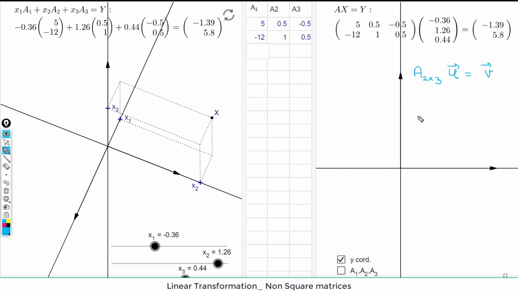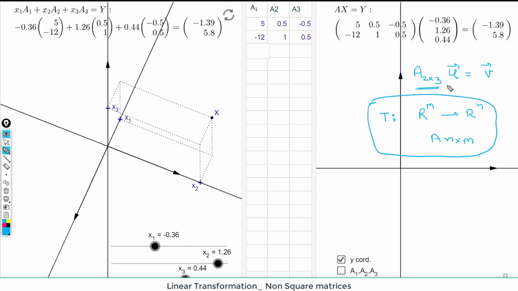right? And this we have seen in the previous tutorial also, where we have defined it like this: linear transformation is from m dimension space to n dimension space, and this can be represented by a matrix of dimension n cross m. Those who have watched the previous tutorial can understand this notation, and if you don't understand, don't worry, but you can see how dimensions work when we are talking about linear transformation, right?